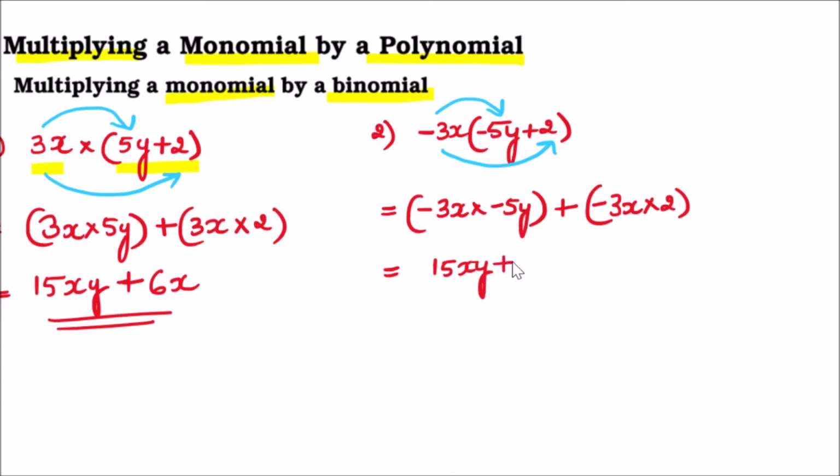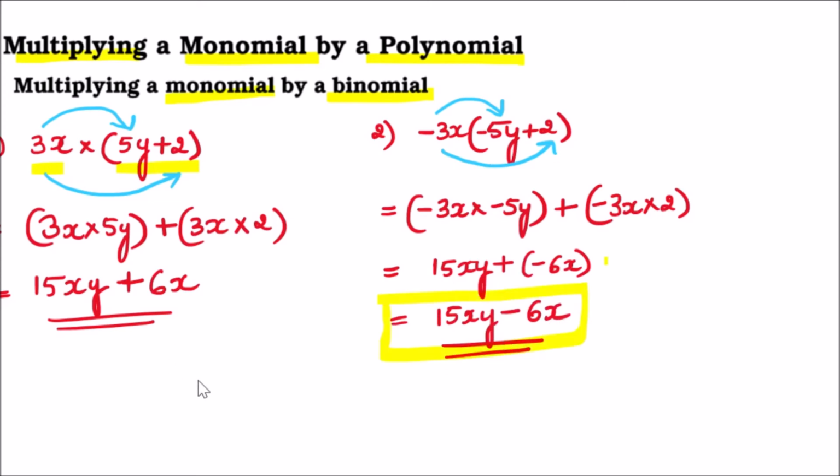Now plus minus 3x into 2 is minus into plus is minus. Minus 3 2s are 6x. X into here there is no variable, that means it is only x. Okay, 1. Then what will be your answer? 15xy plus into minus is what? Minus 6x. So your answer is 15xy minus 6x.